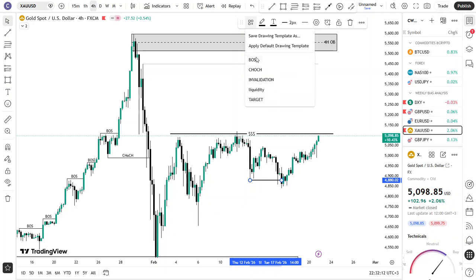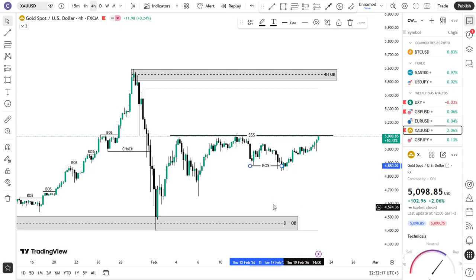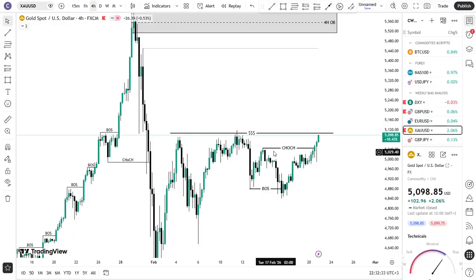So I was anticipating for price to come to this OB, then drop to this level around here, but it didn't. So we had a breakout structure there, and then my trade was invalidated the moment we had this change of character. So what I'm anticipating for this week is price to pull back to this OB